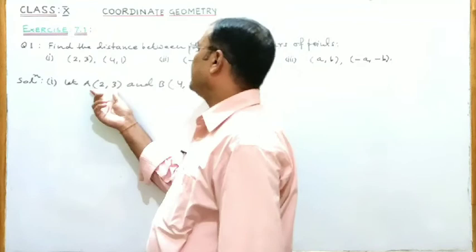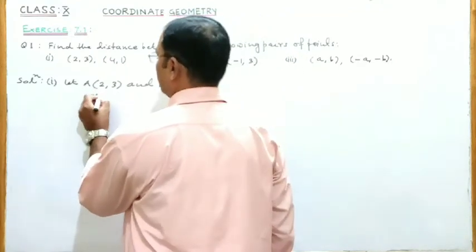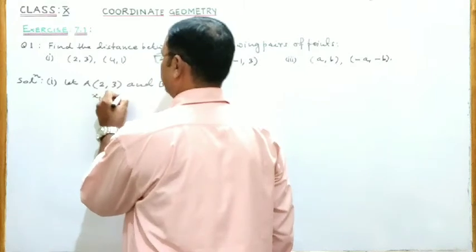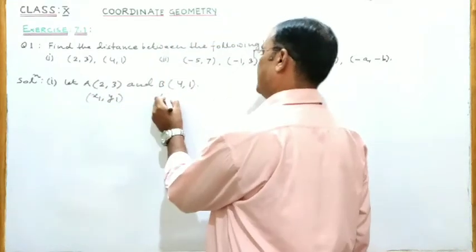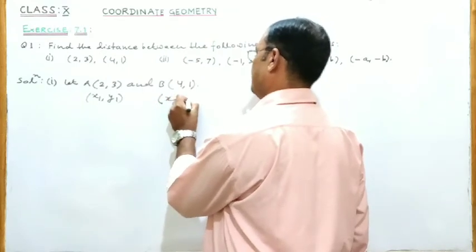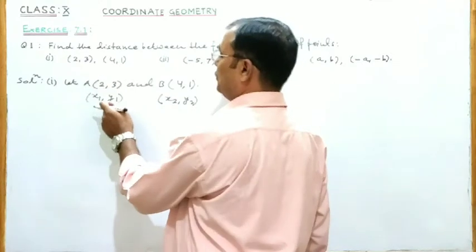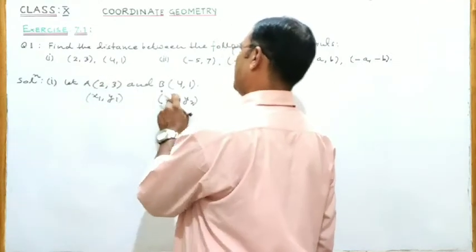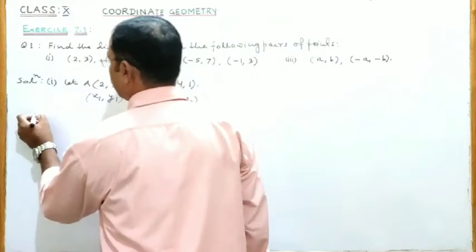Let us consider this first point (2, 3) as (x1, y1) and second point B (4, 1) as (x2, y2). So x1 is 2, y1 is 3, x2 is 4, y2 is 1. So using distance formula,